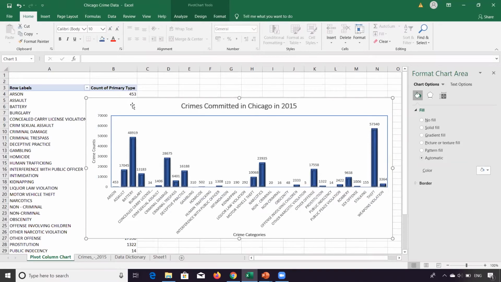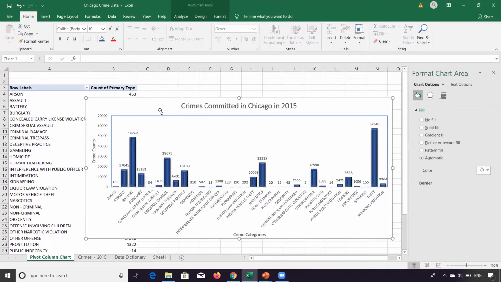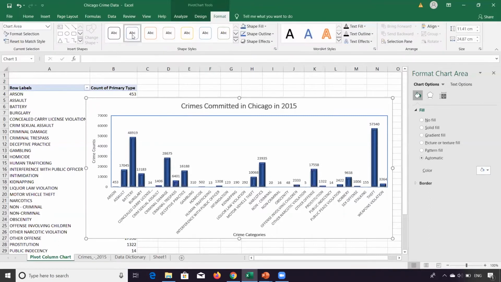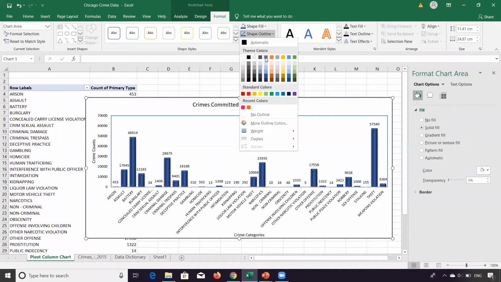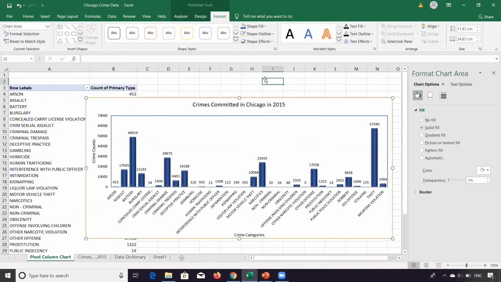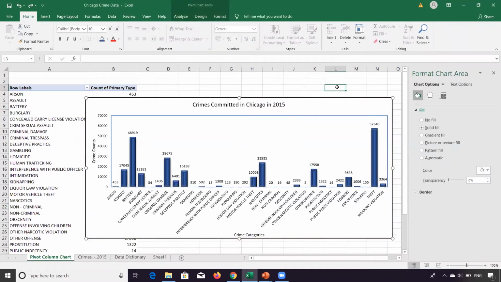There are a few things that can still be improved on this visualization. One is the border of this chart. So I will select this part and then this one. This is the color of the outline. In case you don't like the shape or the color of the outline, you can change it to anything that you want. But this is not nice. I want to keep it black. So I will undo the change and keep it like this.